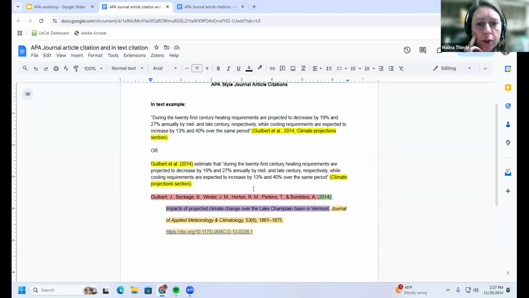Writers in the field use both of these formats. They mix it up sometimes, just to have some variety in the writing. So again, this is the parenthetical or the narrative style of in-text citations. Either one is fine, but the format should include all of this information: the author or authors, the date, the year, and the section or page number if you have a book.